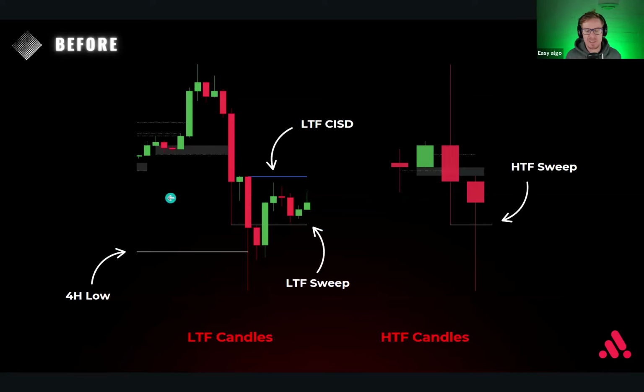So in this scenario, we're combining a higher time frame key level with this higher time frame sweep, which is just going to give us more confidence. And then you can see now we have the scenario perfectly aligned. All we're going to do now is wait for this CISD level to get broken. Once price breaks the CISD, that is going to be a very strong sign for us to enter this long